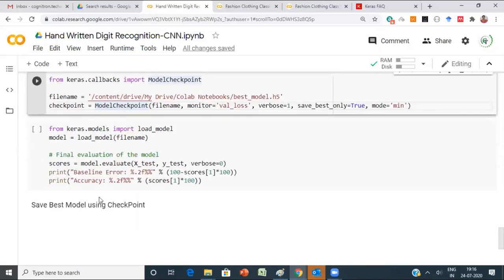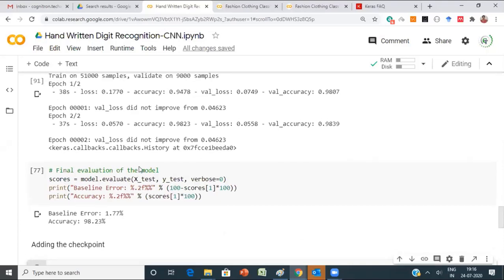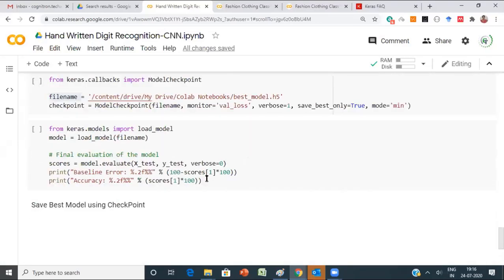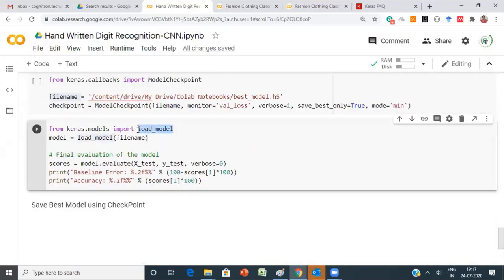Once the checkpoint object is created, your model will be saved in the file name. Once the model is available, you need not train it again. Say, for example, the model is giving good accuracy for 200 epochs. You need not run the model again and again. You just store the model, and then use the load model function to load that model and apply it on the test data and evaluate its performance, or use it in real-time mode.